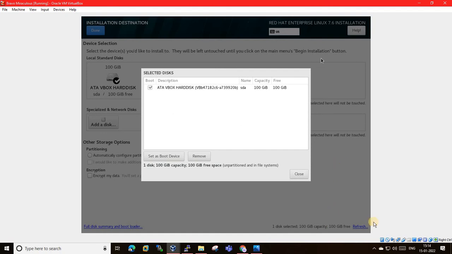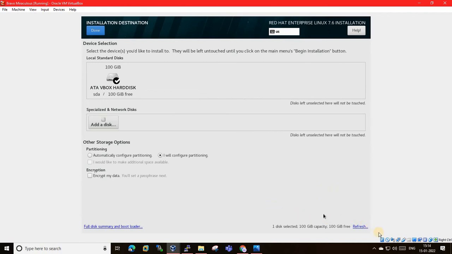Set as boot device. We have to click on this. Why was it not working? Sometimes it is because of the VirtualBox nature.